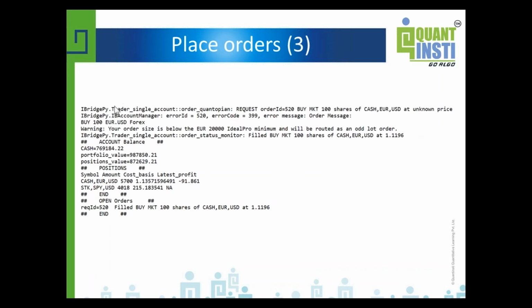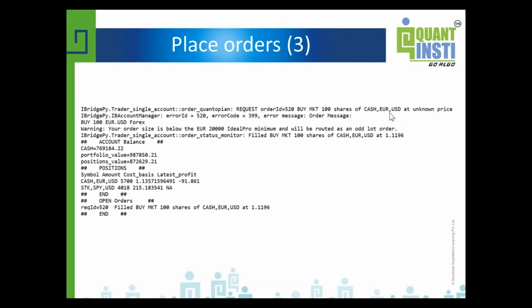You don't know what the executed price actually is when you request to place the order. And then here is an error message from IB. It says buying 100 shares of forex is an unusually small size. It's just an IB warning that something seems strange to IB, something you might need to worry about. But as demo code, I just put 100 shares, which is why it shows up.